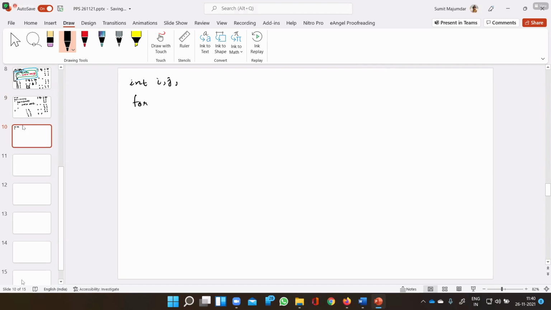For i equals 1, i less than or equal to 3, i plus plus. Then for j equals 1, j less than or equal to 3, j plus plus.